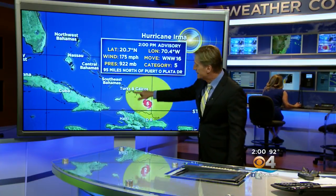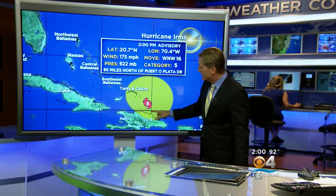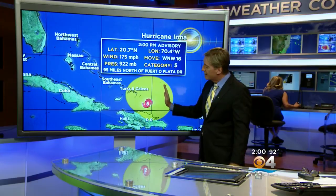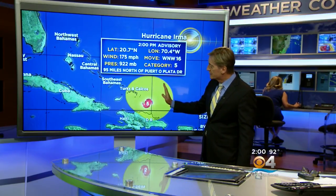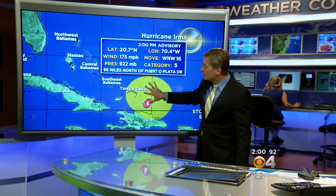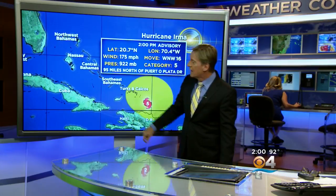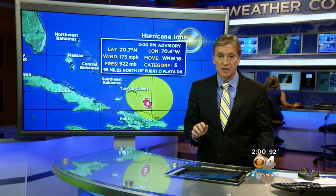Let me mention this real quickly. This area here, that's the tropical storm force winds. And because the winds, of course, spin in a counterclockwise fashion around a hurricane, picture this as kind of like a big fan pushing water with it as it goes. Of course, the water would be highest close to the core there, the center. But this is wave action and wind action pushing water here. So there's a mound of water kind of gathering with Irma as it moves. And if we were to take this along here, we're going to push that water up along the coast of Cuba and towards South Florida, that's one of the 2 threats that we're very much concerned about, which is